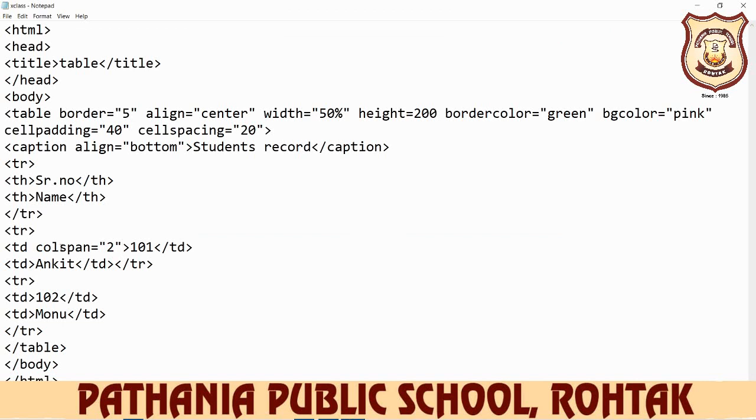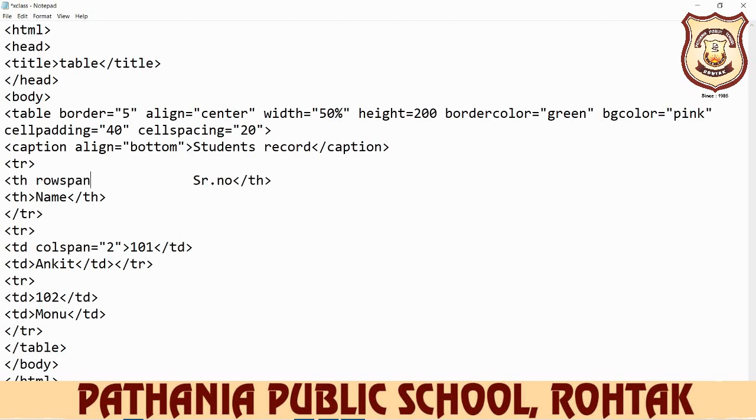Remove this colspan once, or otherwise we use it with, for example, this TH. So remove this angular bracket first, serial number angular bracket, give space so you can understand clearly here. So write down TH, then give one space here, then write down rowspan.